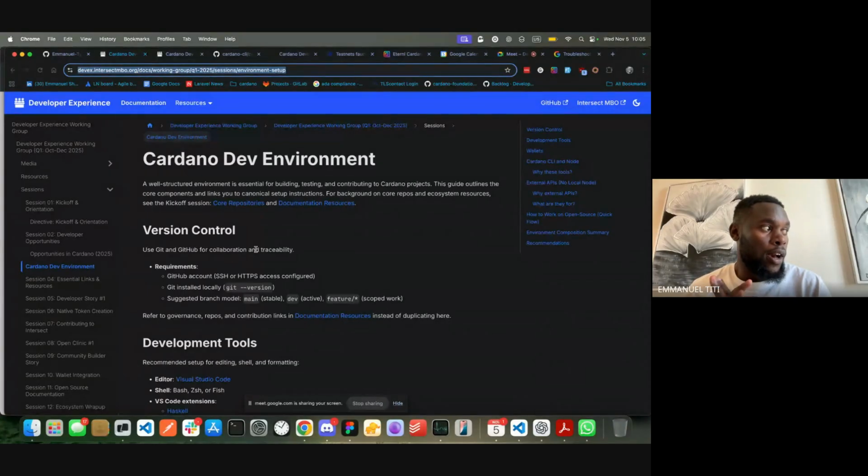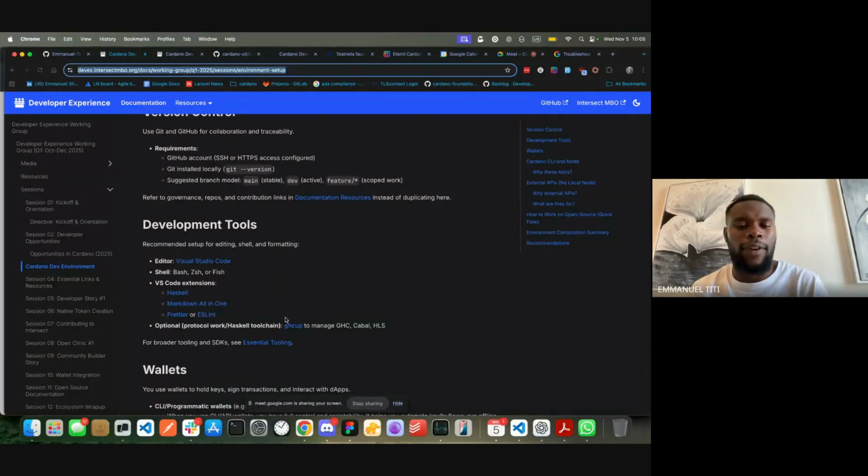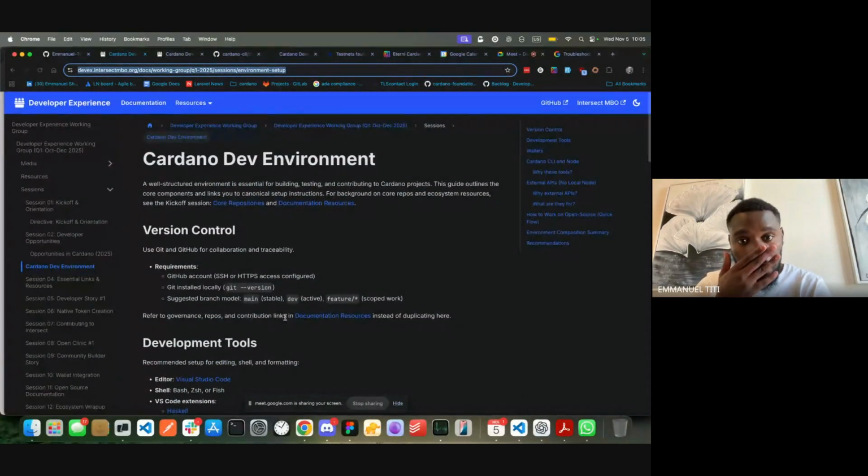How to set up VS Code, some of the extensions you might need, what language we use for most of the tools that are built on Cardano, that is the node, the explorers, the indexers, the CLI tools, what they're built on, and what you should probably know as a developer coming into the space. So for background knowledge,